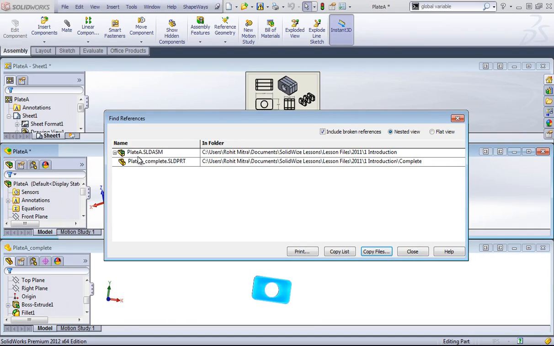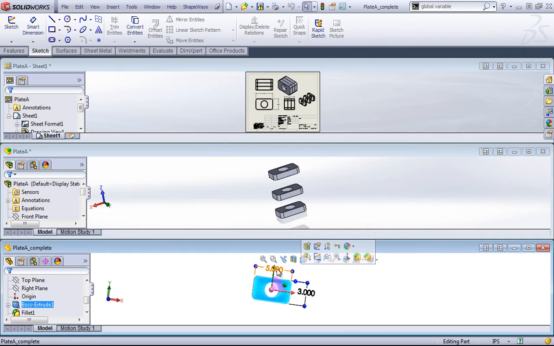So you can see this shows the references that the Plate A assembly has, and we can see that this follows the path down to this Plate A complete. So as long as this document can find the Plate A complete, when I make a change to this Plate A, for example,